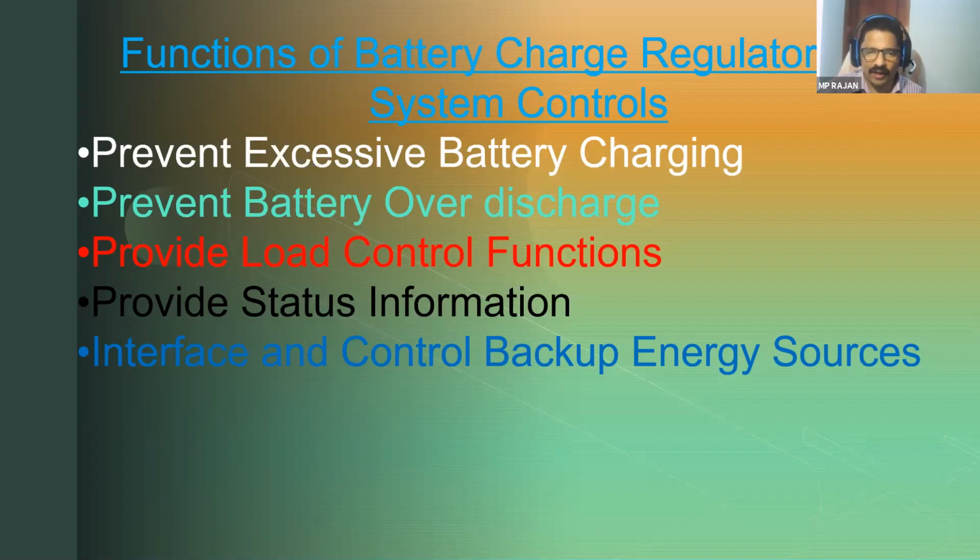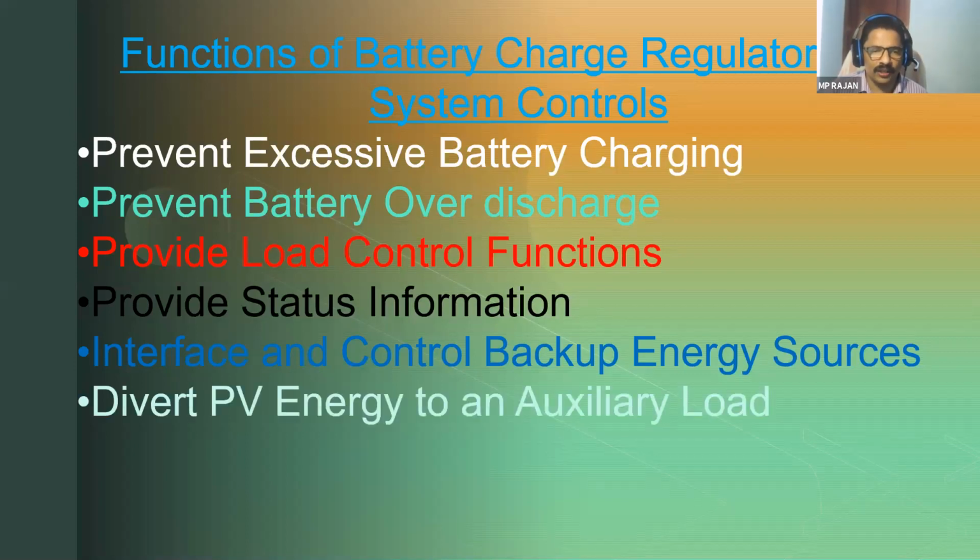When to be connected? For example, the solar module is not giving supply at night time, so the battery should be charged. That time it will automatically change over the source of supply from the solar module to our standby supply source. Like this, the charge controller functions. It is diverting PV energy to an auxiliary load. At the same time while your battery is getting charged, आपका other loads के भी load में भी solar module से supply दे सकता है. If the battery doesn't require that much power, the excess power can be diverted to the load. So battery charging and load, for example DC load, can be energized together simultaneously.